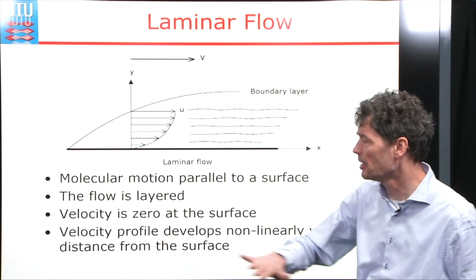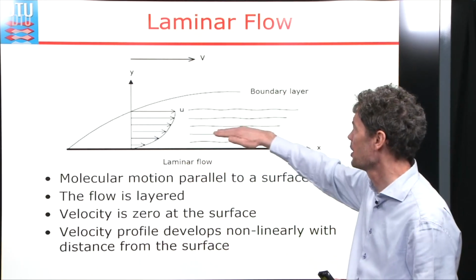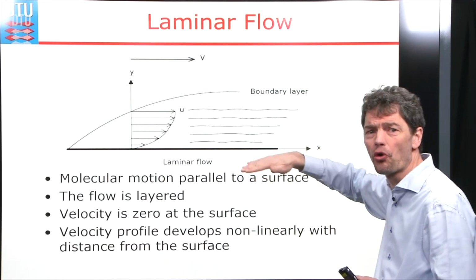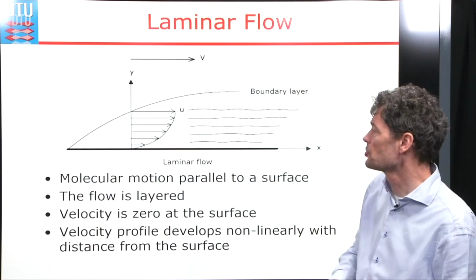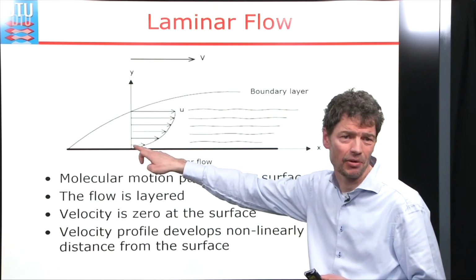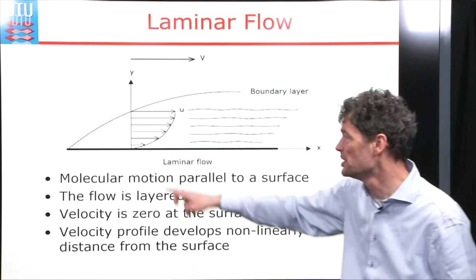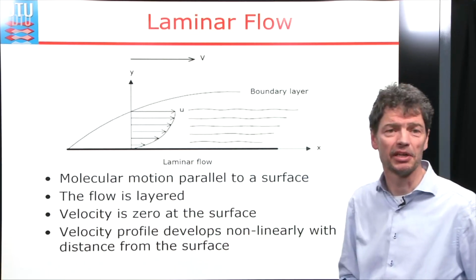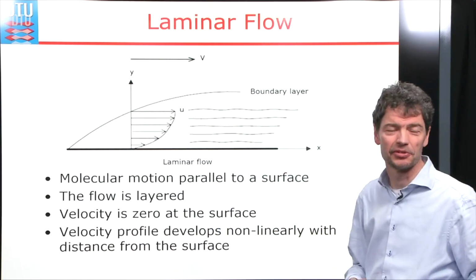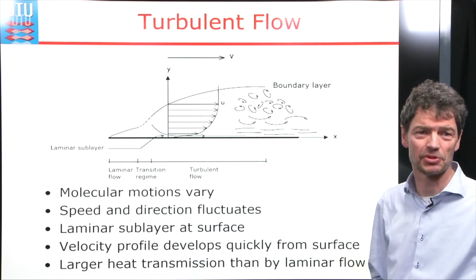And if it's a very calm, slow flow, it will be characterized by molecular layers that are flowing parallel to one another, over each other. Then we have a velocity down at the surface over which we have the flow, where the velocity is 0, and then the velocity increases with the distance away from that surface. So it's a nonlinear increase of the velocity,